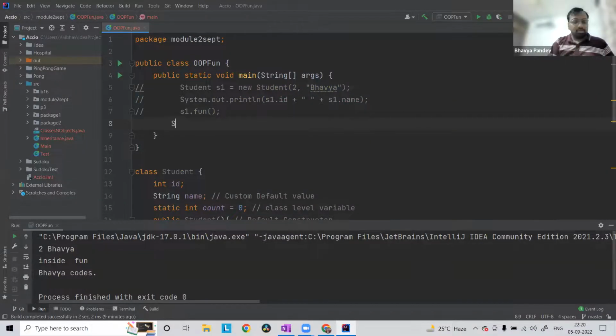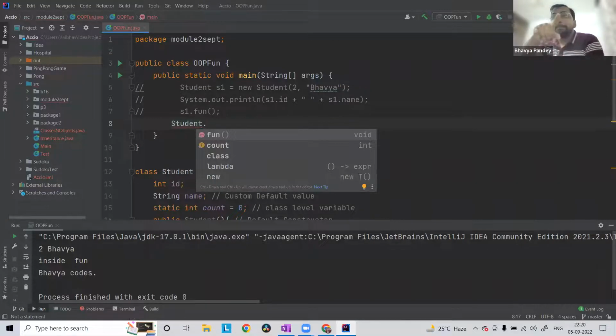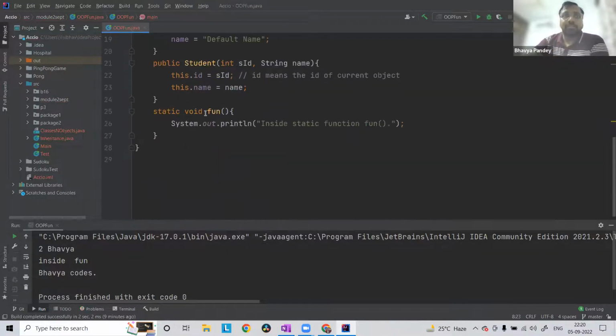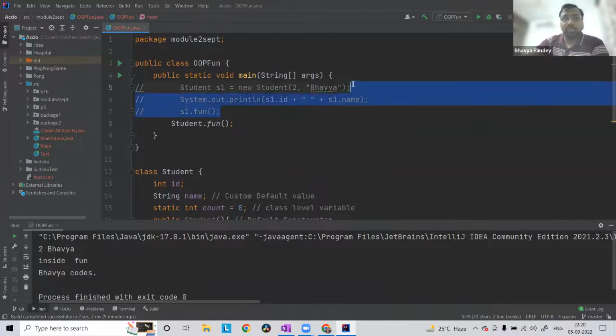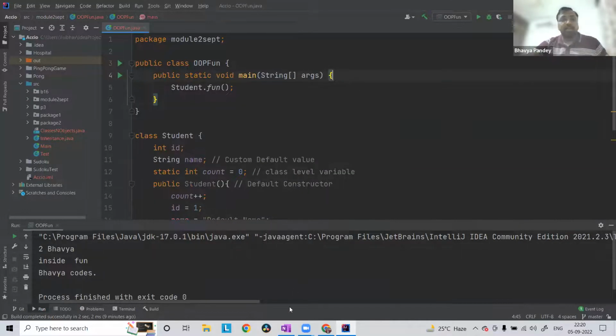All I'm doing is, this is how I'm going to call this particular function, student dot, and see, it's already giving me only the static options, student dot fun, student dot count, the variable, right? So if I do student dot fun here, I'm going to get this particular output. Let's see if that happens or not. Let me remove this unnecessary part. Let me allow you the permission back to chat, right? So if I run this particular code,